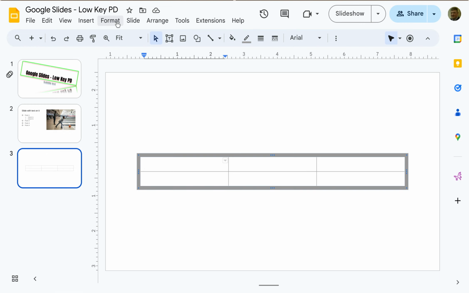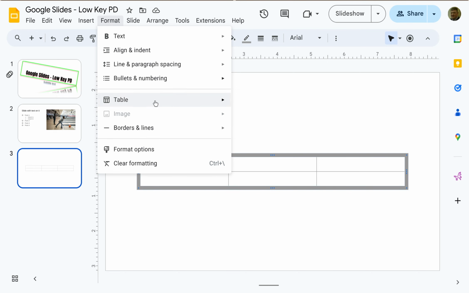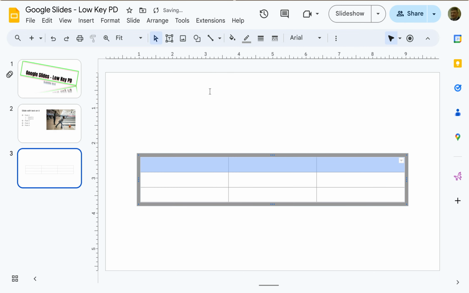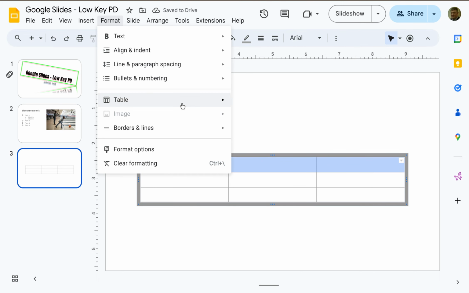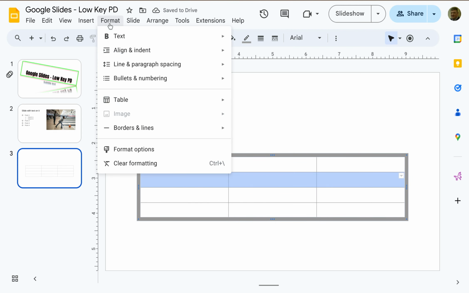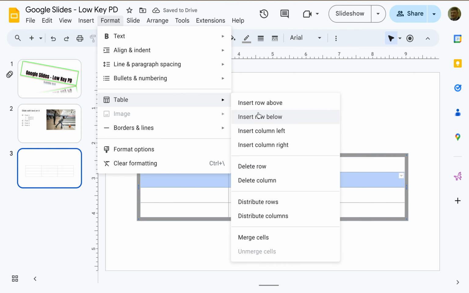So now that that table has been selected, if I go to Format, I can go to the Table options, and I can insert a row above. So now there's 3 rows. I can insert a row below. Now there's 4 rows. I can insert columns to the left, to the right. I can delete rows, delete columns,